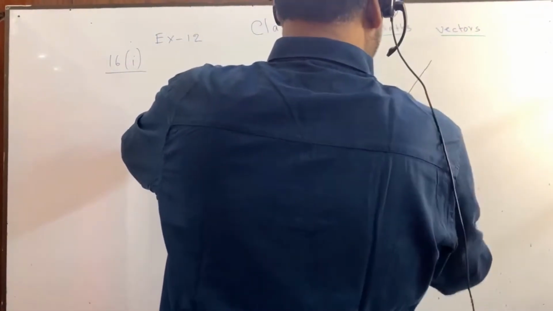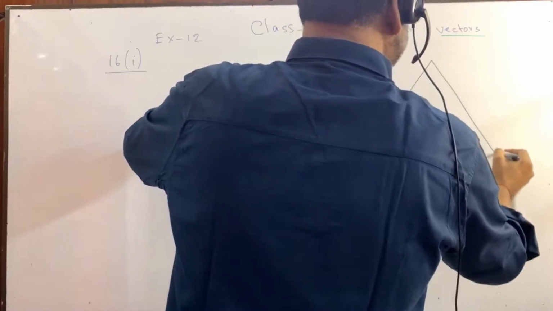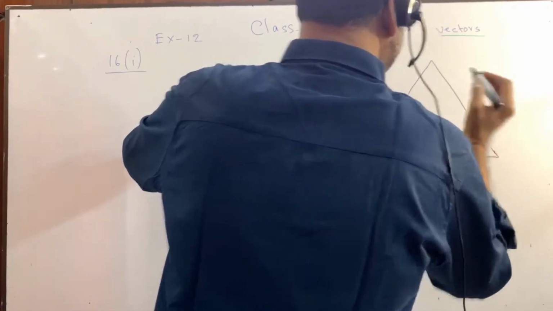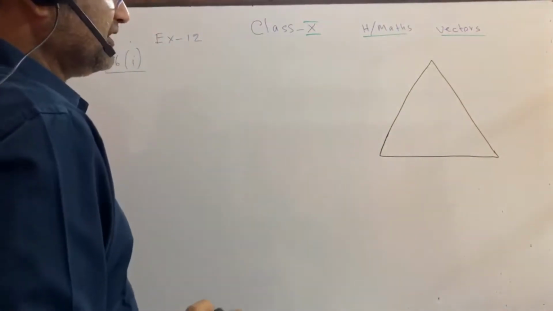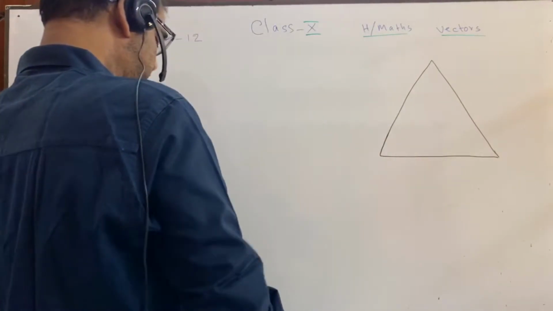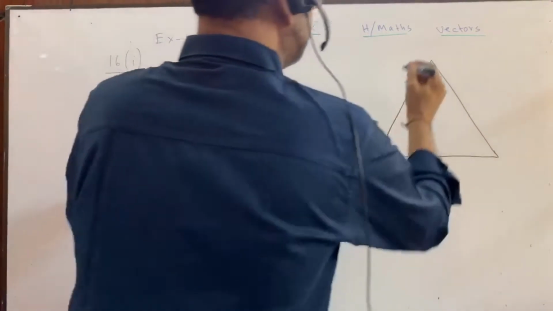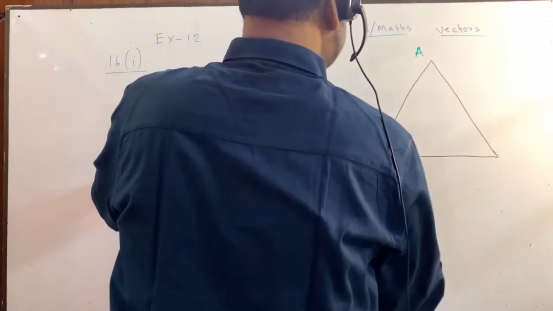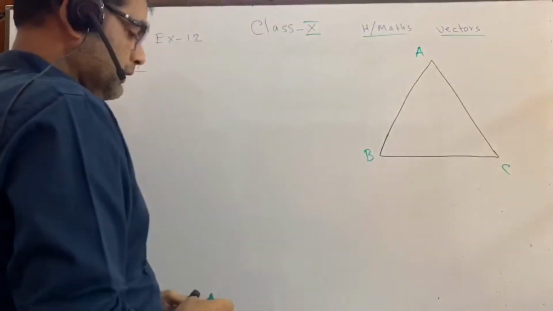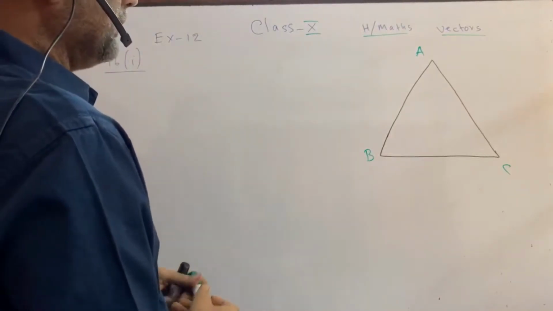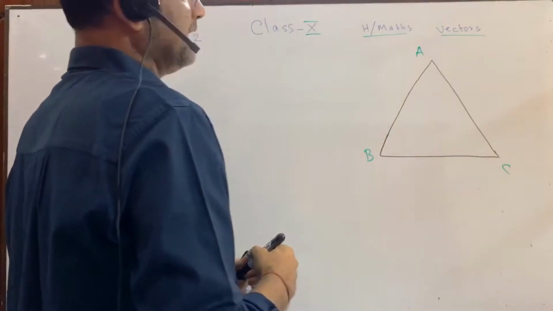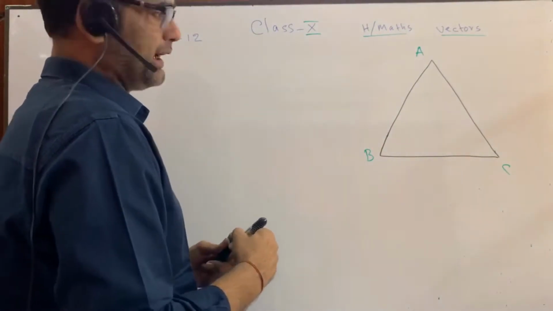This is a triangle. You write down, this is a triangle, okay? ABC is a triangle. Very good. And we are going to mention here that ABC is a triangle. A, B, C is a triangle, okay? Now DEF are the midpoints of the sides BC, AC and AB respectively, okay?